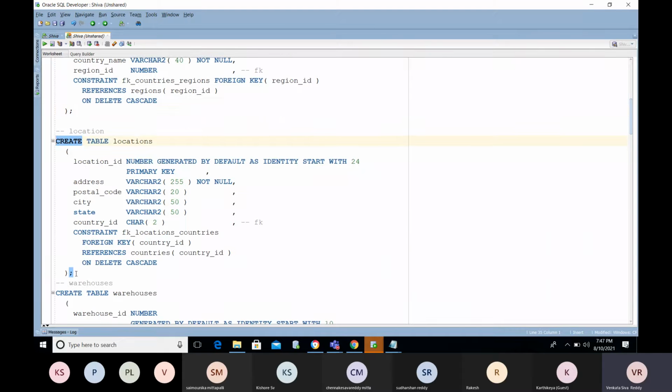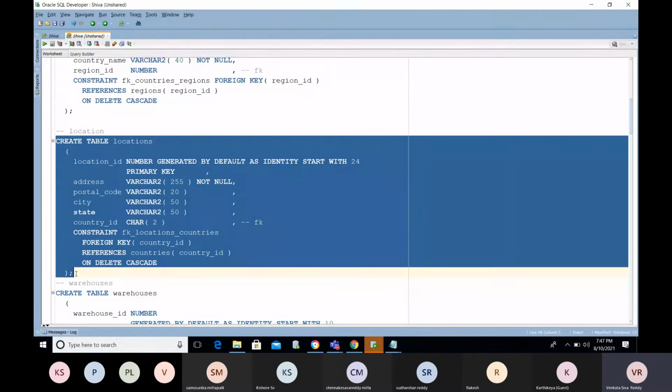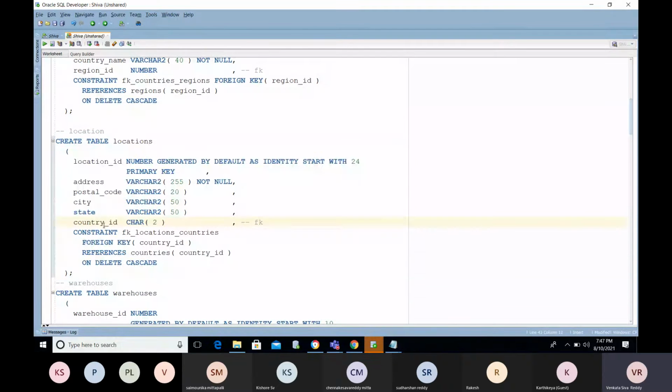Locations: from which location you are going to sell the products and all those things need to be tracked, right? For that reason, here we are taking the reference from the country table. We are appending the data with the country code here, and inside the country table we are taking the reference for the regions. If you see the diagram, it would be like parent, child; the child has the parent, and again a child also. So grandparent, parent, child. In a similar way, we are maintaining some relation here.